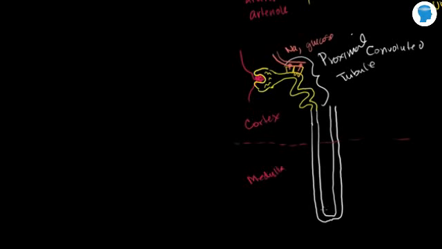So the whole point, well, there's 2 points of the loop of Henle. One point is to make the medulla salty. Make the renal medulla salty. And it does this by actively pumping out salts. So it actively pumps out salts, and it does that in the ascending part of the loop of Henle. So this is the ascending part. So it actively pumps out salts, sodium, potassium, chloride, or chlorine, I should say, chlorine ions. It actually actively pumps out